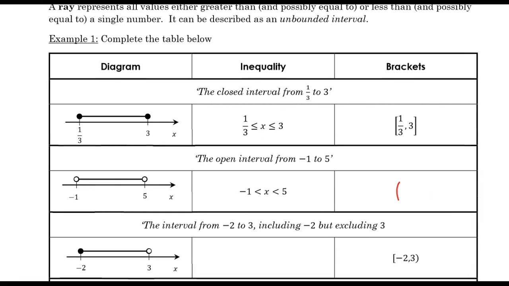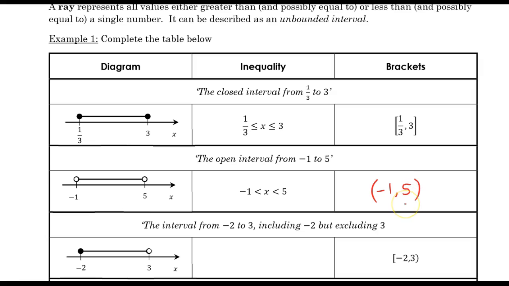Next up, we have an open interval from -1 to 5. Open because we have this open circle here on our diagram, and a strictly greater than symbol showing that x is between -1 and 5, but not including -1 or 5. Using our bracket interval notation, this time we have to use round brackets. So my round bracket, -1,